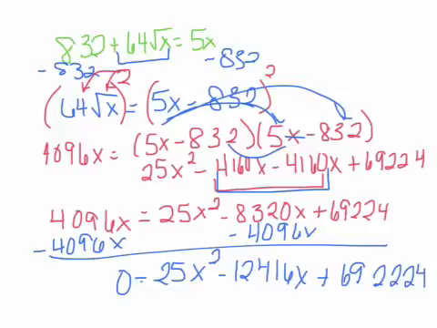And what I did notice as I was looking at the paper when I did it the first time, I missed a 2 right here. 832 squared is 600,000, or